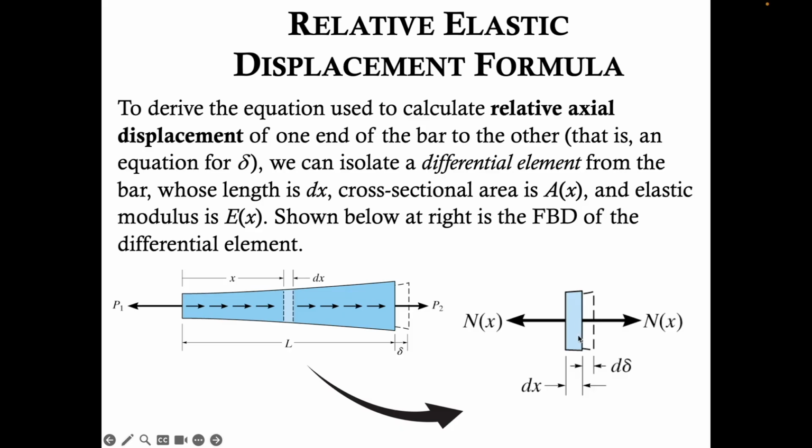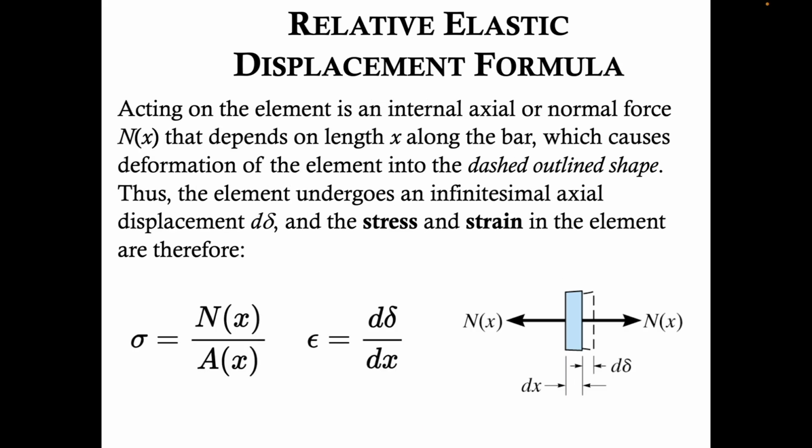So here is that little element, a differential or infinitesimal element, taken from some part of the bar. We're applying the method of sections here and here, isolating a differential element of some infinitesimal length or width. Okay, that original length is dx, that infinitesimal length. Acting on the element is an internal axial or normal force N of x that depends on the length x along the bar, which causes deformation of this element into the dashed outline shape that you see here. Thus, the element undergoes an infinitesimal axial displacement d delta,